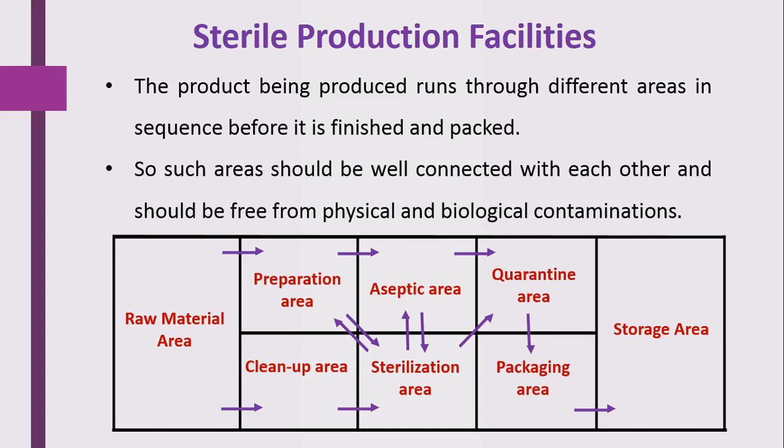So here actually the packaging of the product takes place, either primary, secondary, or tertiary. All this packaging is done in this section. After the packaging and labeling, the product is stored in a storage area. After the storing, the quality control test is also done with that product, either